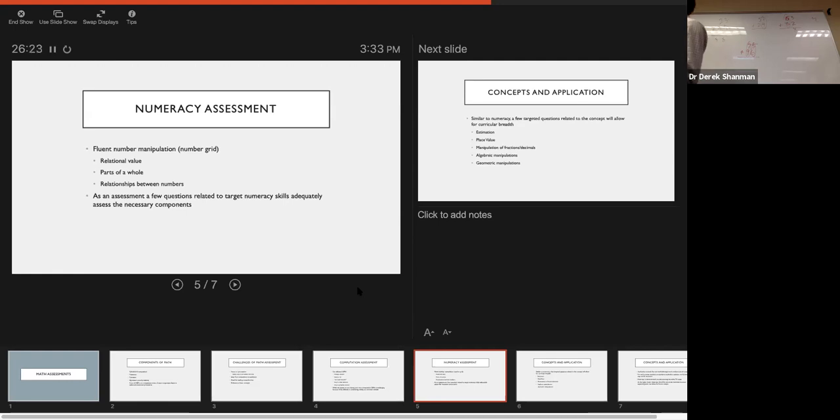If you understand that number can itself be manipulated to do different things, that's what is necessary for numeracy. So looking at relationships between numbers, what is the relationship between 52 and 102? What is the relationship between 26 and 28, right? Thinking of a number grid and how we can talk about how these different numbers are related to each other, all right? So for me, my test of numeracy